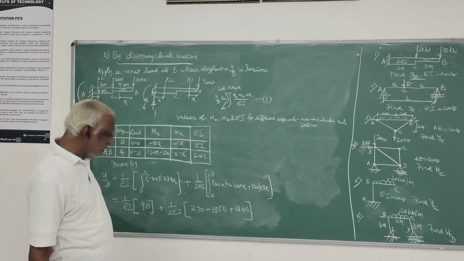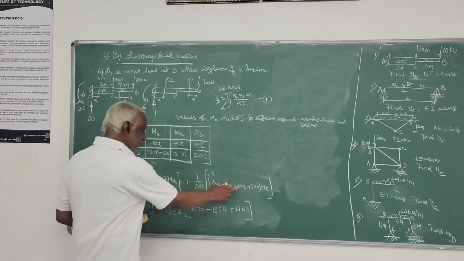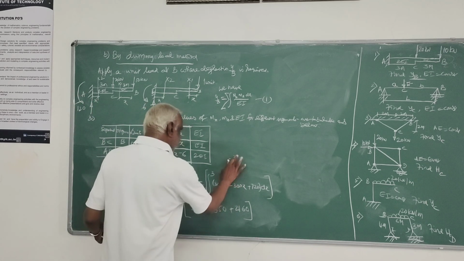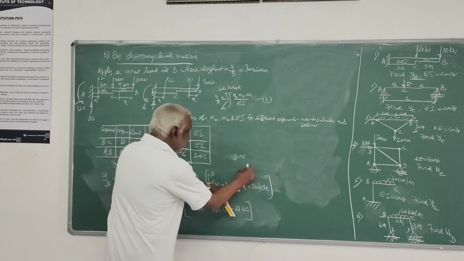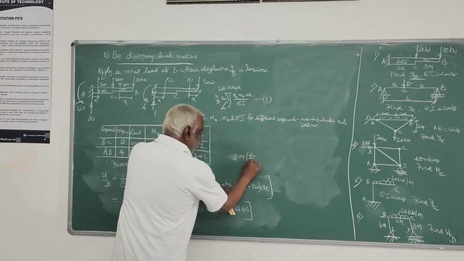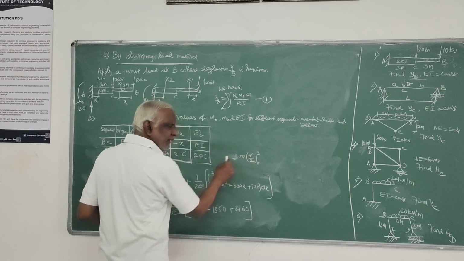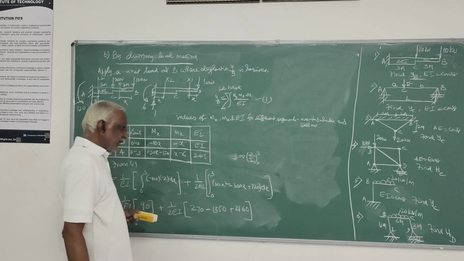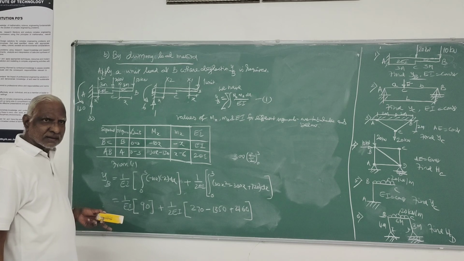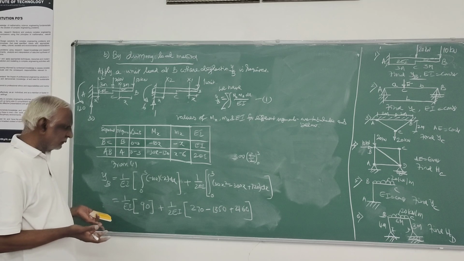Sir, is that 900? That's minus 900? Which one? That one, 1350. I will show you. 300 into integral x dx, that is x squared by 2. If I substitute upper limit and lower limit, 9 by 2, correct? 4.5 into 300, 1350. Correct? Yes, sir. Anyway, just check that. It has to come to 0, sir.